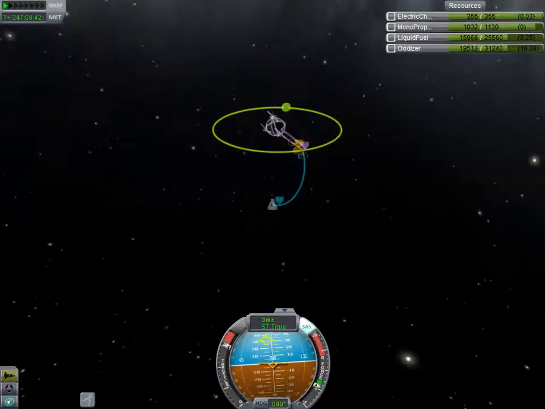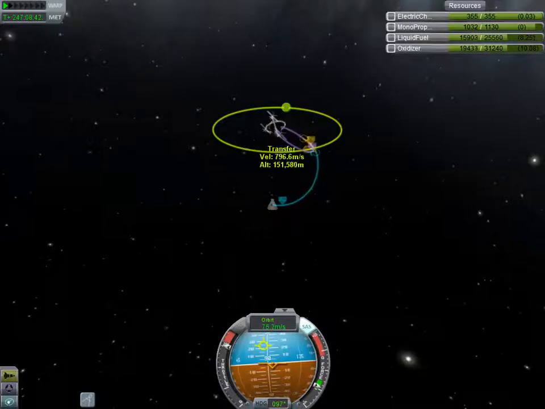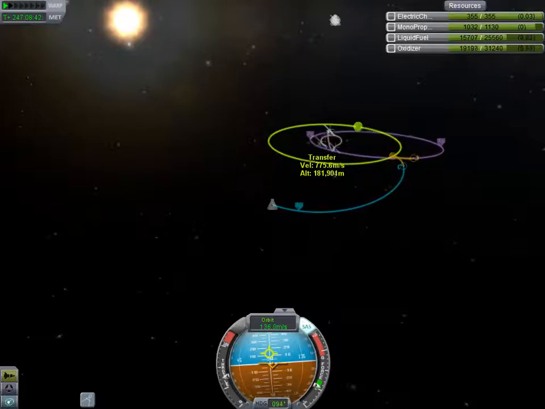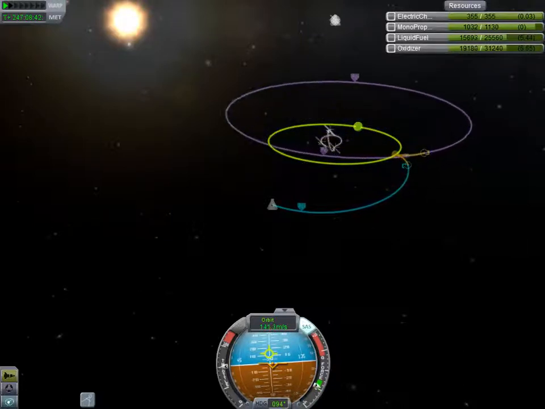Well, not orbit Duna once, but just have a Duna orbit. And we need to burn this way to adjust things ever so slightly. That should be good. Anyway, yeah, that's some interesting orbital mechanics there, alright. Fuel is looking very good, we should be fine on that. But that would lead us to a...